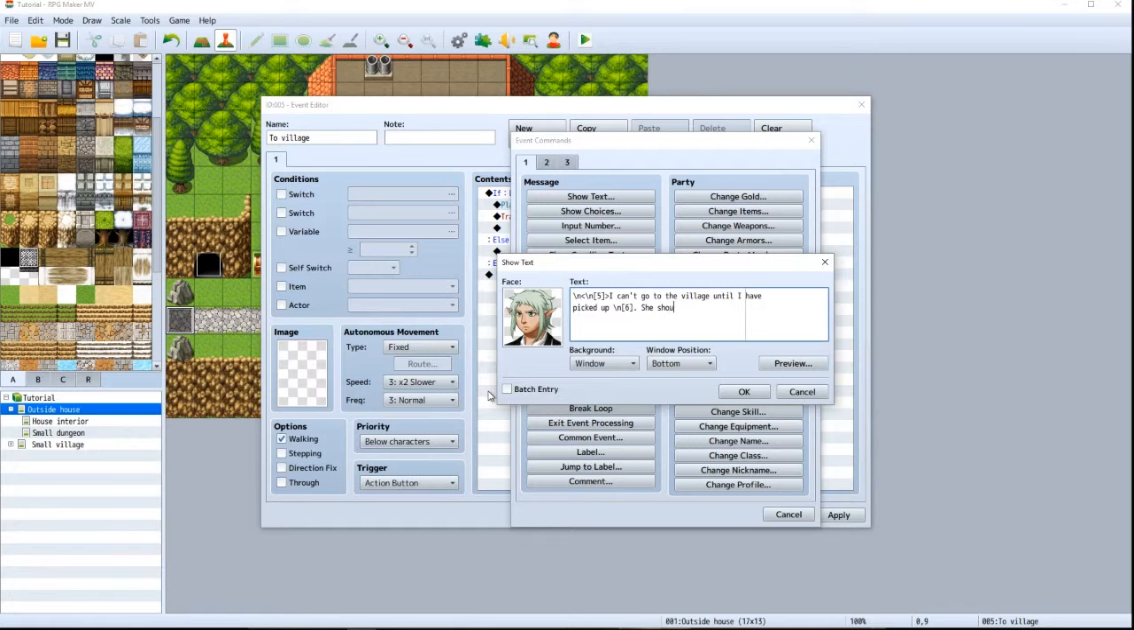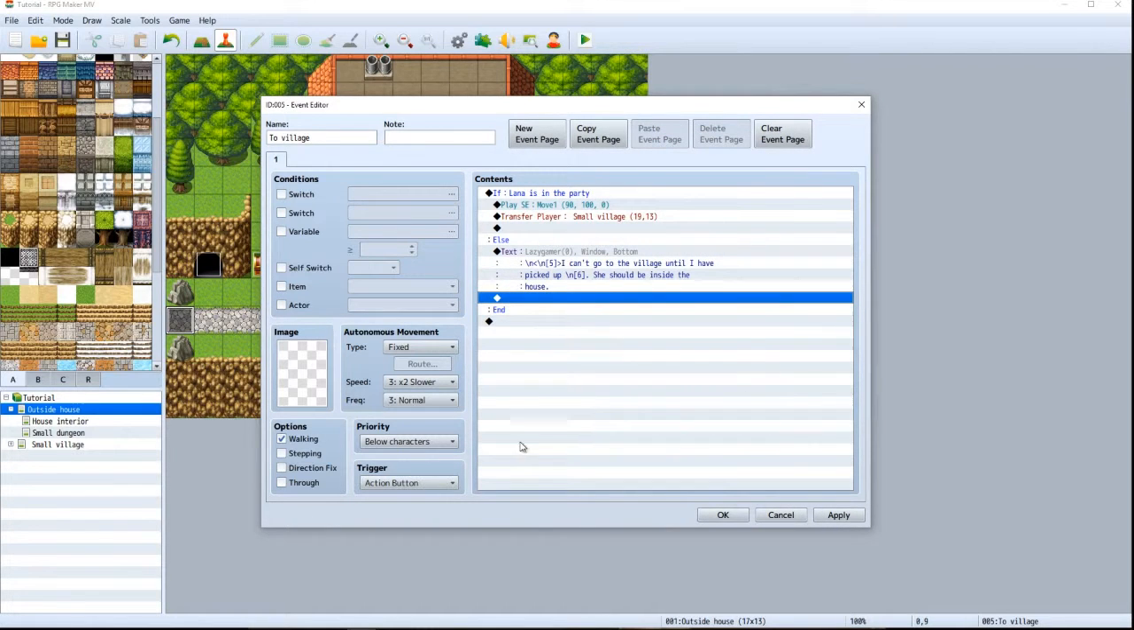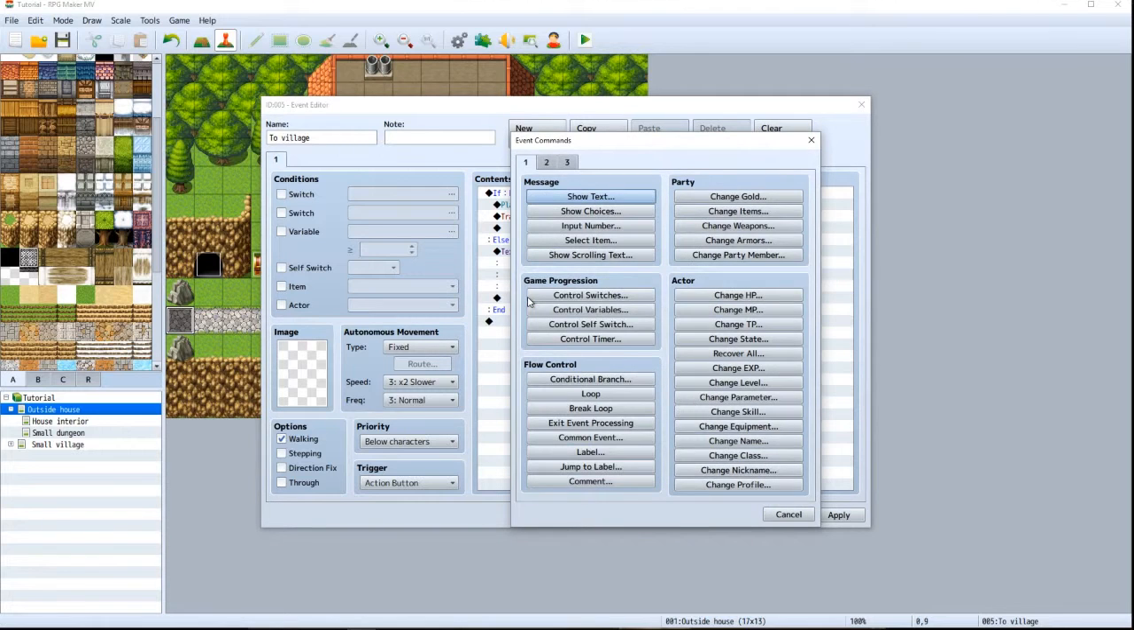She should be inside the... Remember, this line is not with something in front, so I have to change line again. Inside the house. And just to, this is just a text like we did before in the save gem example, but I'm going to